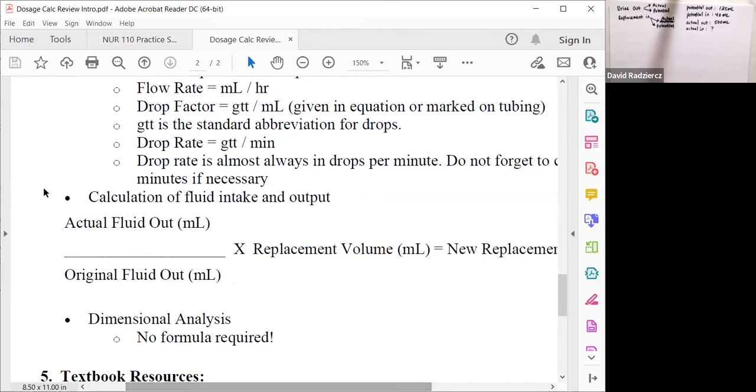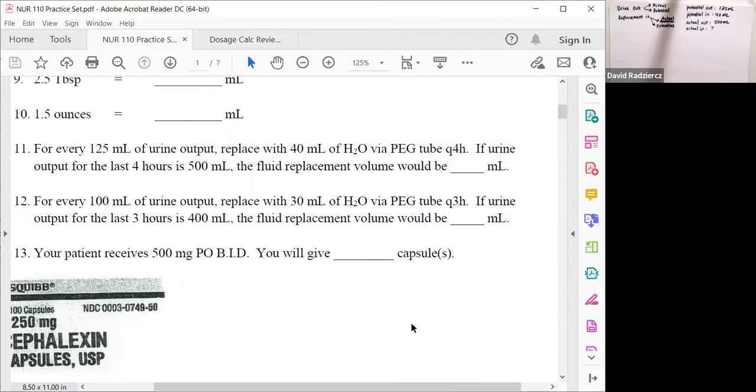So I called it actual, original. You could say potential, theoretical. So your actual fluid out divided by your original fluid out times the replacement volume will give you the new replacement volume. Or you can do a ratio proportion, and I'll show you that way as well. But if you do the formula that I wrote out for you, if you do that every time, you'll get